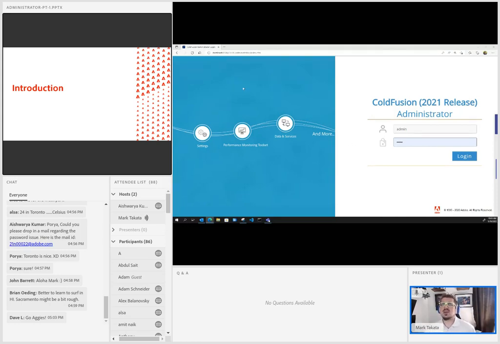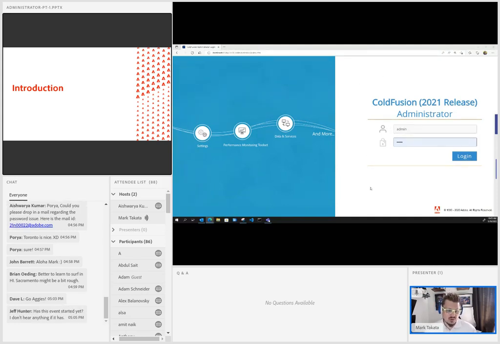So here we are. As you see, I have this installed locally. And to get to the administrator, you would go to localhost, right? That's where my computer is. Normally, you will install ColdFusion on port 8500. It's generally what most people do. And then you will type cfide/administrator/index.cfm, and booyah, you are here. When setting up ColdFusion, you would have, oh,